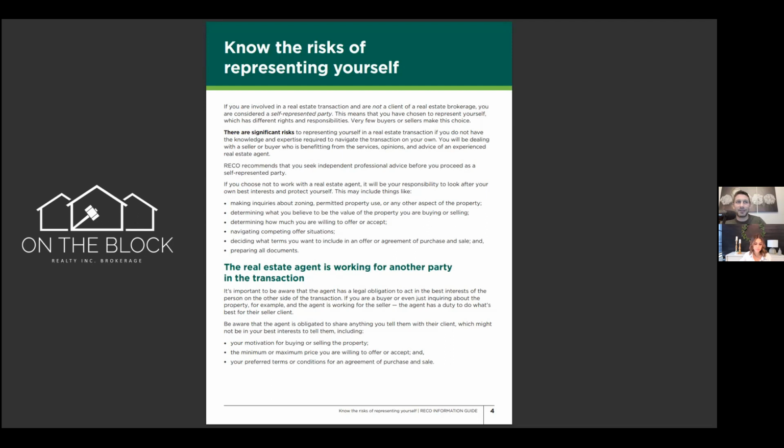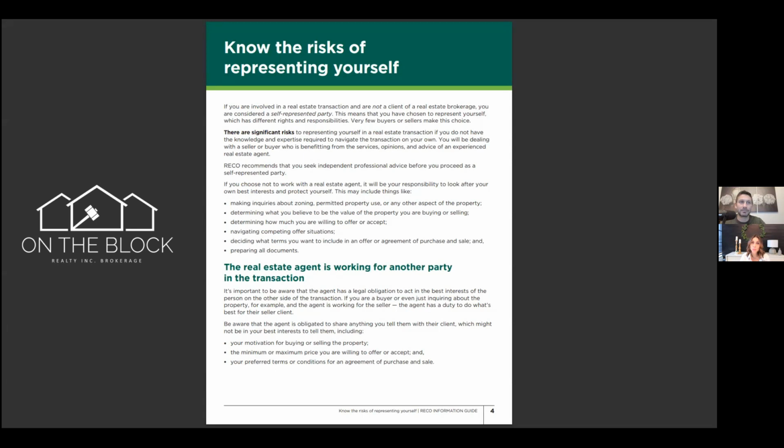If you choose to be self-represented, all functions and steps of the real estate process are your own responsibility. This includes preparing paperwork, determining value of a property, establishing the offer price, or protecting yourself with conditions, clauses, or other important details. You will also need to know specifically what to look for in a property or how best to negotiate terms. Your best interests are not the responsibility of a real estate agent, and no advice or guidance can be provided to you when you represent yourself.